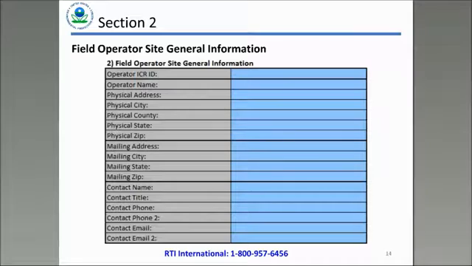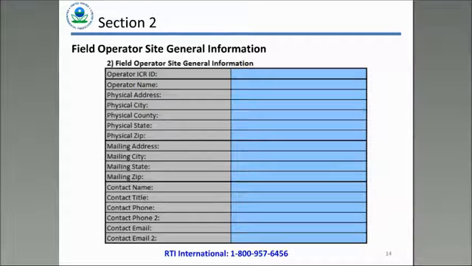Section 2 deals with information about the field office for which the survey is being completed. Keep in mind that you will need to complete the survey for all field offices. For the operator ICR ID, you'll increment your primary facility ID by 1 for each field office that you report under. For example, if you have a primary facility ID of 1 million and 10 field offices, then the operator